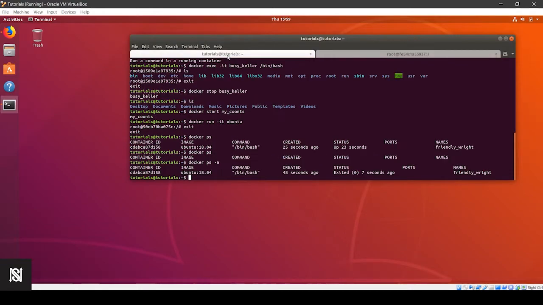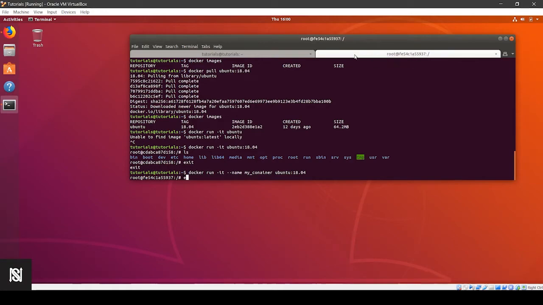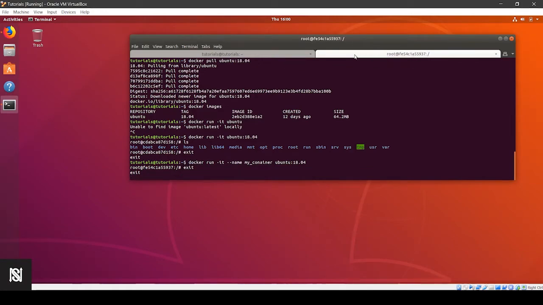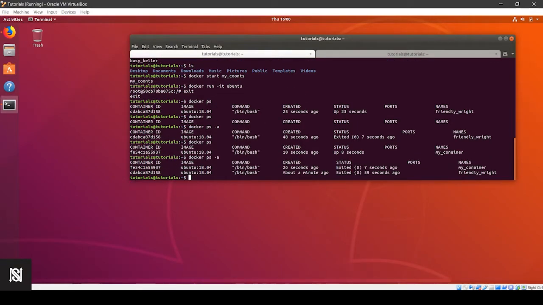Now if I go to the other terminal and try docker ps, I'll see that another container with the name my container has started, and again I can stop it by using exit. Now I'm out of the shell of the docker container. Now I do docker ps -a, I can see that there are two containers created by me, both on the image of Ubuntu 18.04. So both are in the exited state now.